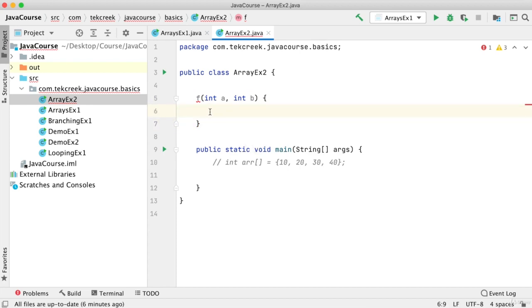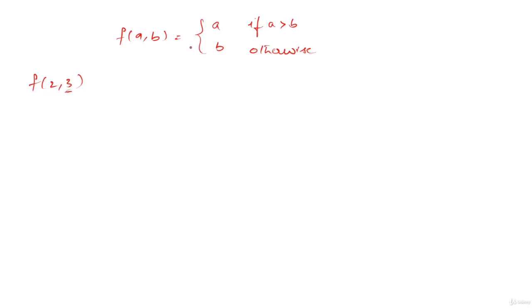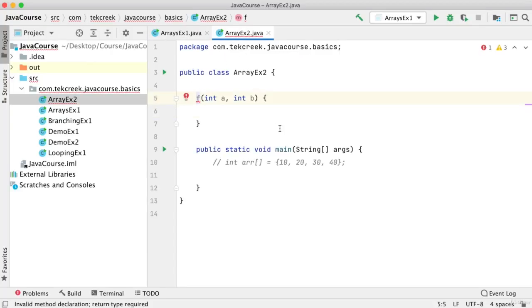And is f going to return something? As far as the previous scenario is concerned, yes, it returns. It says that the result of this function is either a or b, right? So the result of this function is again an integer. So this is called the return type. Okay, I'm going to return an integer. And here you do the logic.